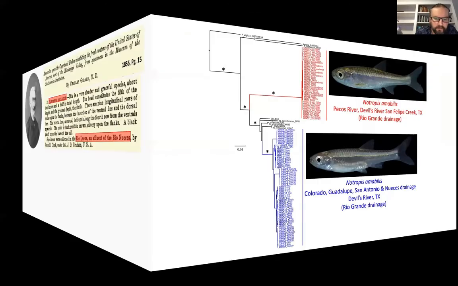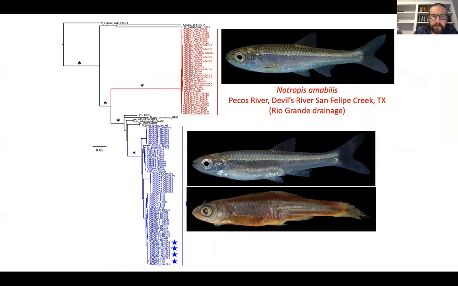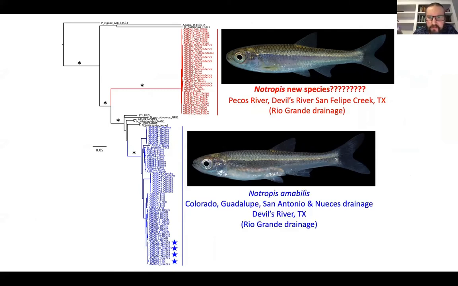And what we can see is that individuals from the Rio Nueces fall out within our blue clade. So that allows us to hang the name Natropus amabilis on this clade. But what about the other one? What do we do? Do we identify it as a new species? Well,